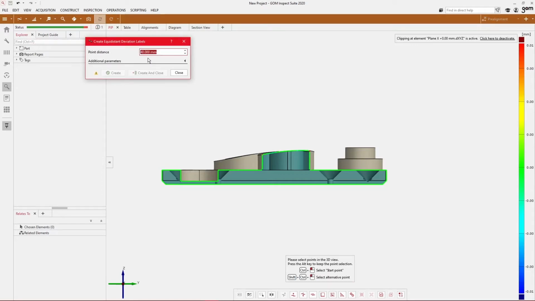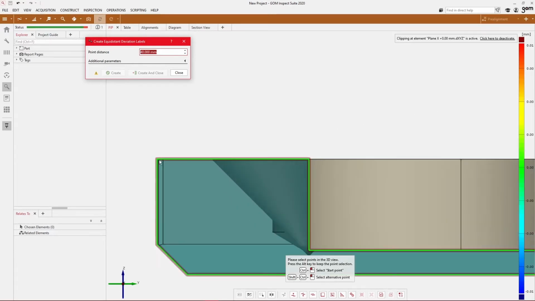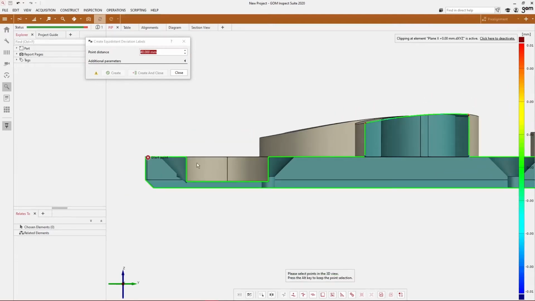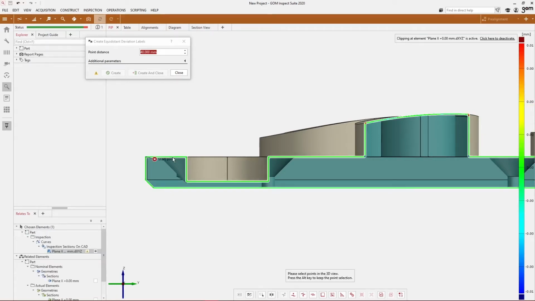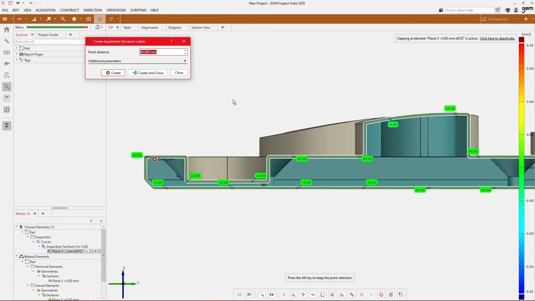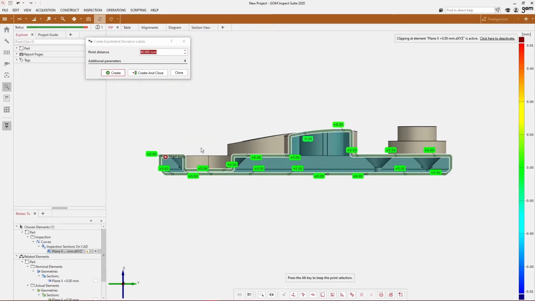Okay, from here I want to again follow the directions at the bottom. I'm going to select my start point. I want my start point at this corner over here. And I need to select my points in 3D view. So I'm going to have my inspection section selected. I'm going to right click it, go down to select points of all element, and then it starts showing